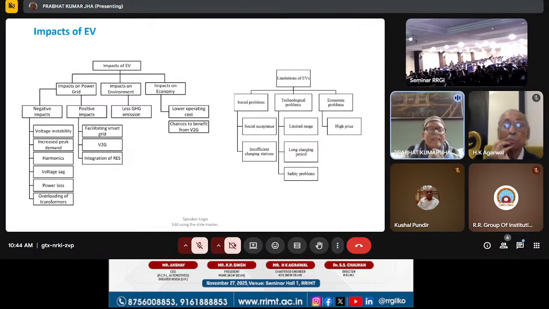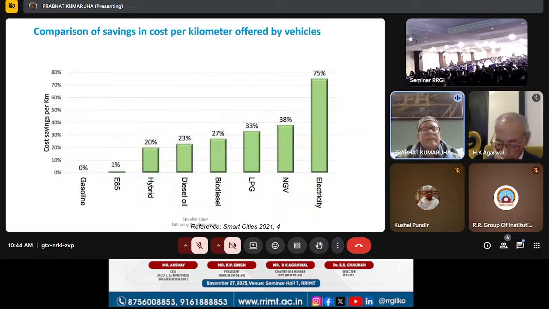And then, what is the impact of EV? You can go through and see this. And then you see the comparison of saving in cost per kilometer offered by the vehicle. Gasoline, if you consider the electricity, go to the last column, 75%. And the gasoline, if it is zero, then it is 50%,